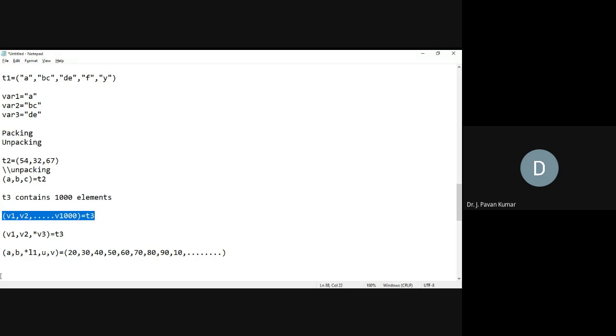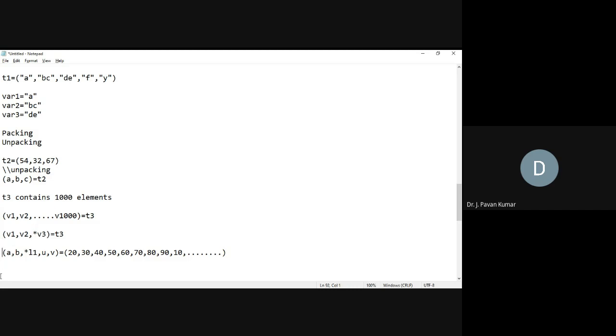Like we cannot have all those variables, or we may not require all those variables. Then we may use this star. Then whatever the variables we have specified, those many number of elements will be assigned directly. Remaining will be considered as a list only. Those will not be unpacked.